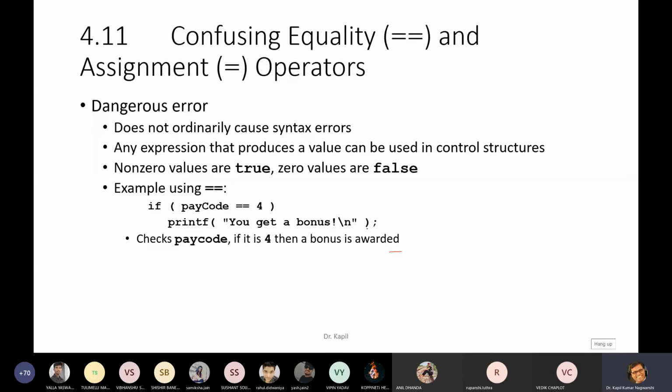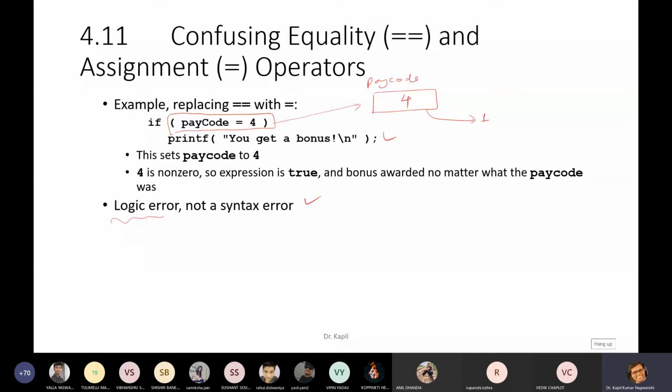But the next condition is actually very, very dangerous. Why is it dangerous? Because here we have put only a single equals sign. Whatever we are putting in pay code, because if is binary kind of thing, it will either return 0 or 1.